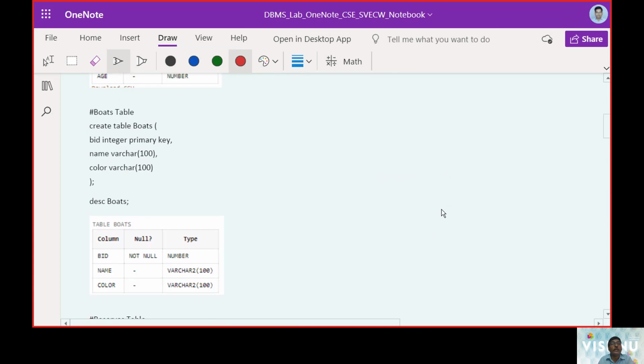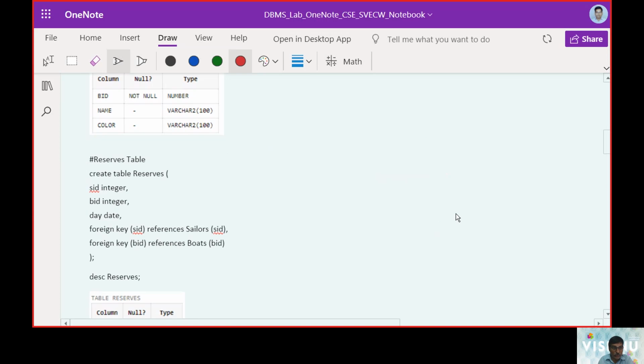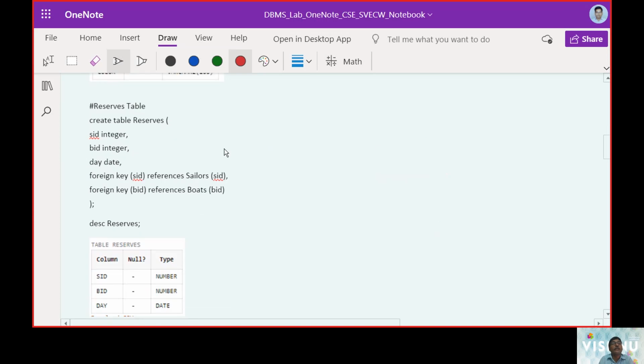Similarly, the boats table is created with boat ID as the primary key, and name and color as two more attributes. Similarly, we have a reserves table with boat ID, BID, and day, and SID.